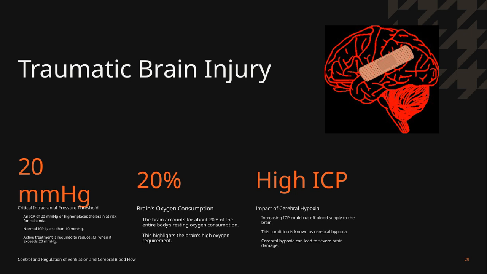Additionally, it's important to recognize just how demanding the brain is in terms of oxygen. The brain consumes about 20% of the body's resting oxygen, which underscores its high oxygen requirement. This is why maintaining proper cerebral blood flow and ICP levels is so vital to prevent hypoxia and safeguard brain